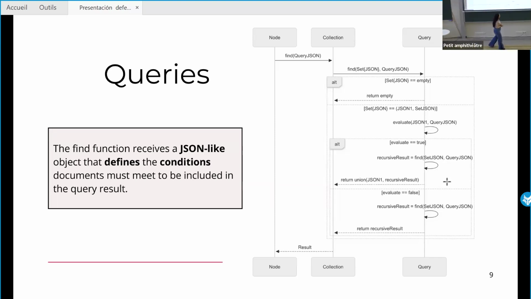And this is basically what it does. This is a very quick overview of the behavior of the query. It basically checks one by one each document on a collection, and if it meets the conditions of the query,